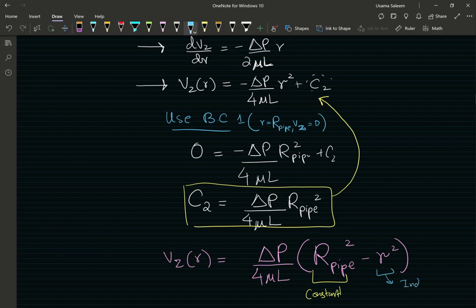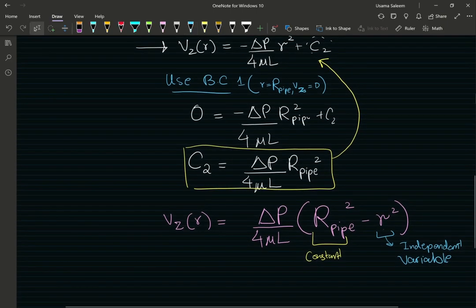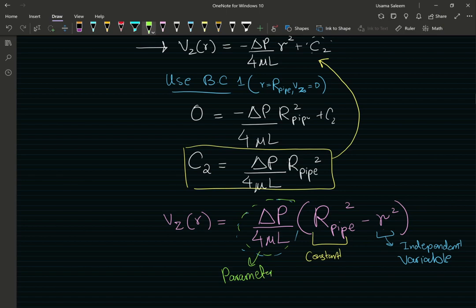independent variable. Just so that we have the terminology and the semantics and every tiny detail correct. And this right here, these are the parameters for flow. These are parameters lumped together into a single constant. So now you would know what this expression is telling you: that the axial velocity in a pipe,